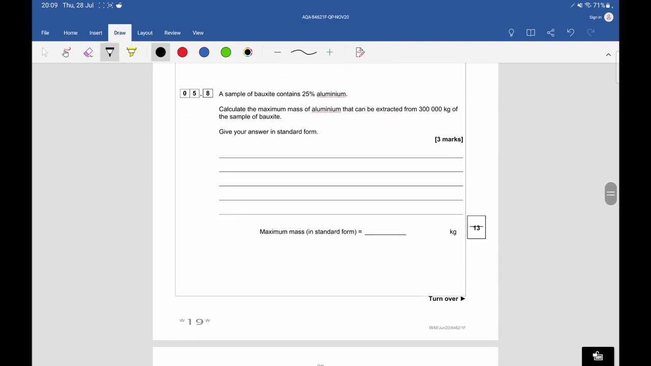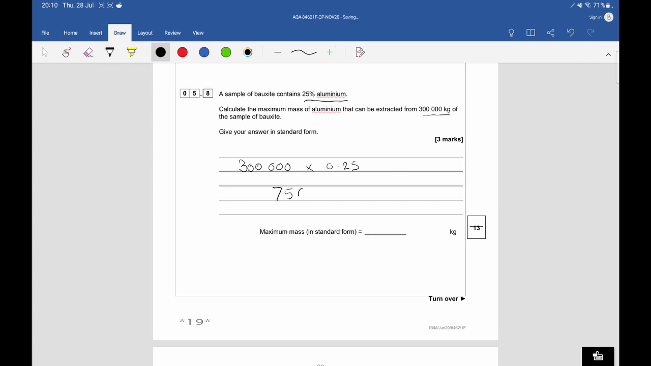Question 5.8 says a sample of bauxite contains 25% aluminium. Calculate the maximum mass of aluminium that can be extracted from 300,000 kilograms of the sample of bauxite and give your answer in standard form. So the maximum amount of aluminium that can be extracted is a quarter of its total mass. So we need to work out what a quarter of 300,000 kilograms is. So we're going to do 300,000 multiplied by a quarter. And this will tell you that your answer should be